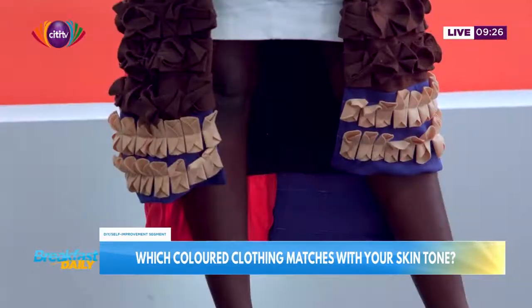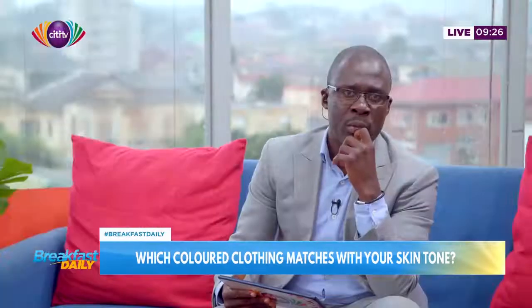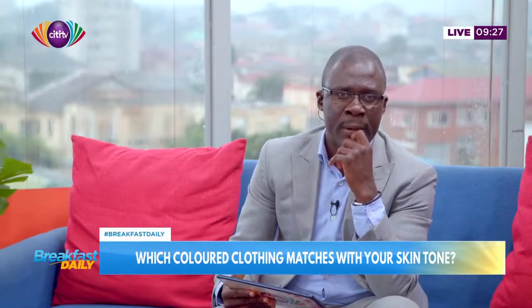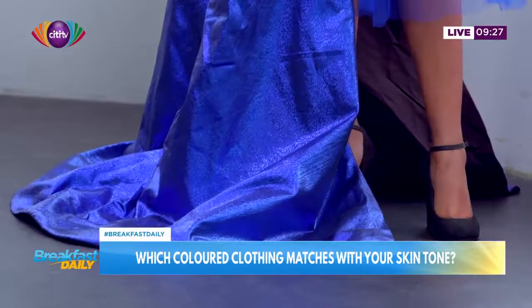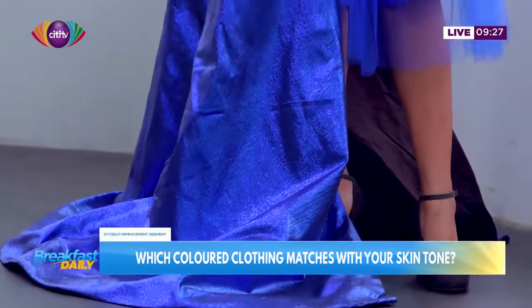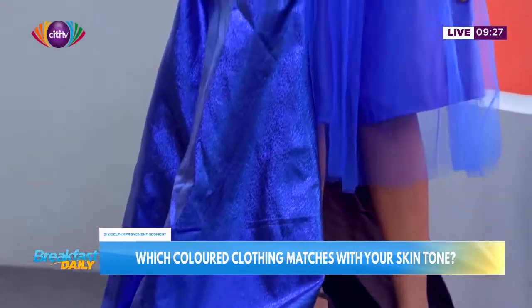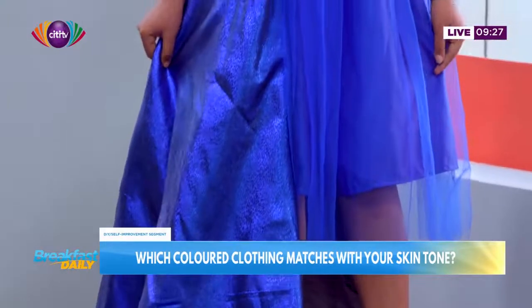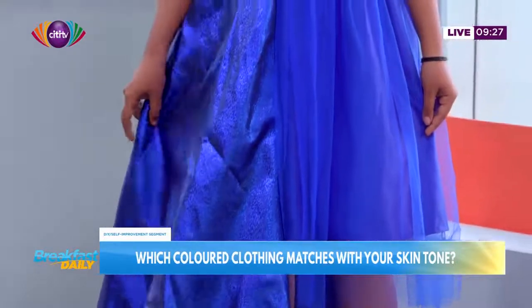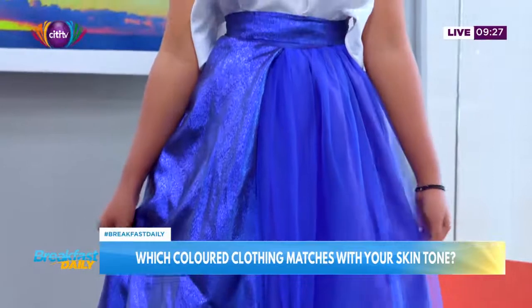There's so much going on in there. What else could the fair model have worn instead of what she's wearing now? Yeah, so that would also complement. We could have gone for examples like she could have also done the lavender. She could have also done this color, a lot of colors that are going through my mind right now. She could have done